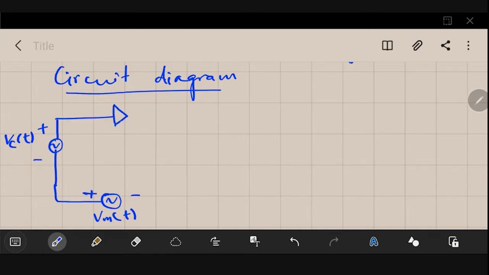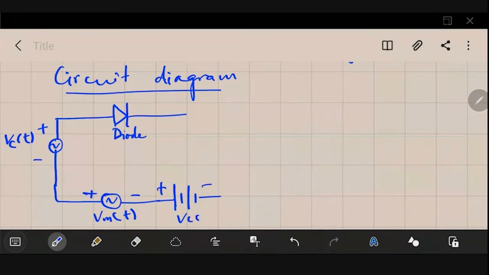and then there you could see there is a diode. So this is the diode that will do everything. Okay, this is a diode which has been biased in the low voltage region basically. So in order to bias this diode, we again have some battery or some power supply here, VCC, plus minus. So the job of this power supply is basically to bias it in the low voltage region.